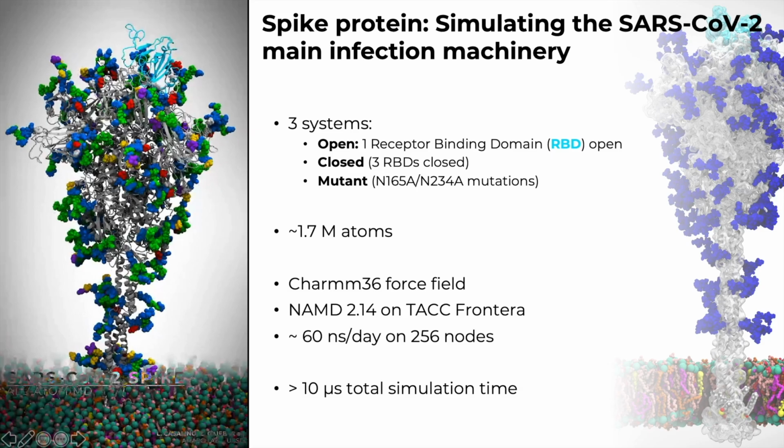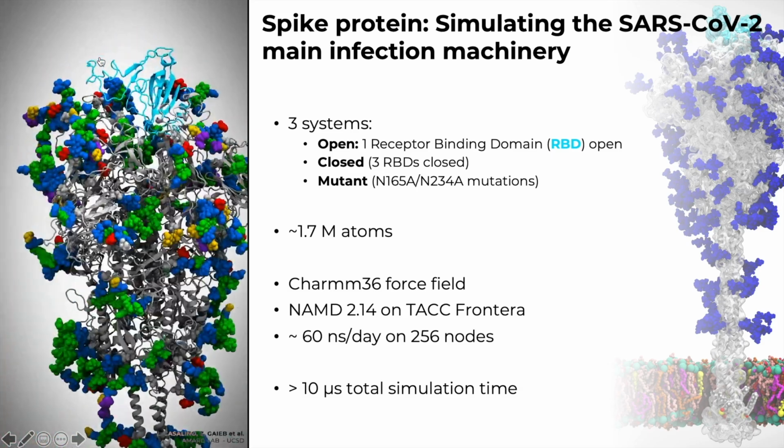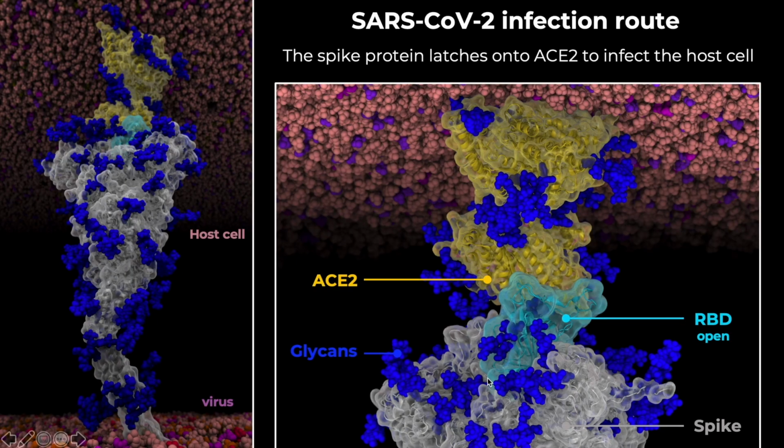That bit of the spike turns out to be very important for reasons I'm going to talk about next. In order to get a real understanding of the infection process, we also need to simulate how the spike protein actually latches onto the host cell. To do this, we also simulated the ACE2 receptor, shown here in yellow, which makes a critical interaction with the spike protein. This interaction is like a handshake between two people, and this contact initiates the cascade of events that